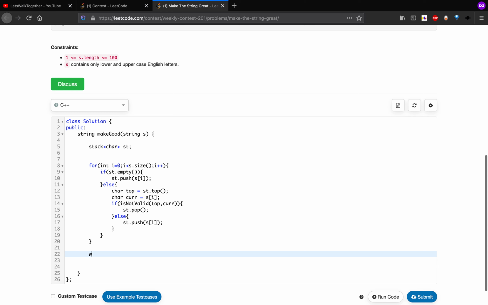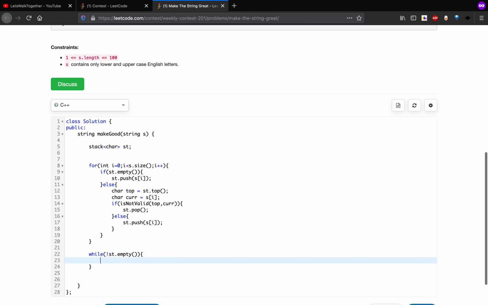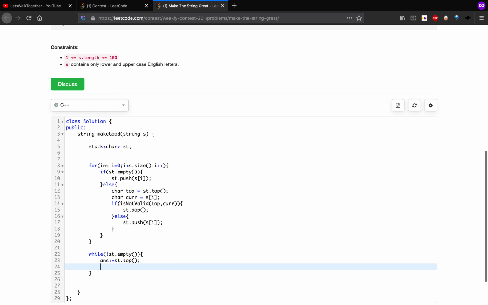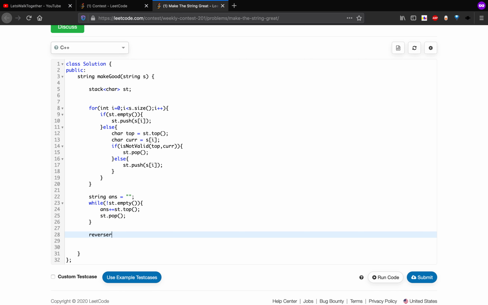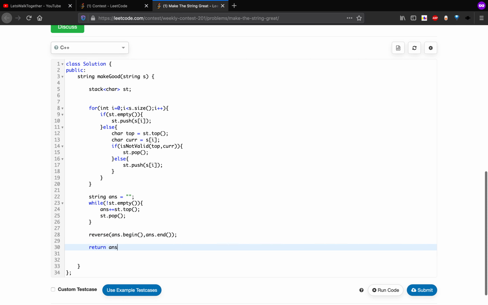Now, while the stack is not empty, we append all the characters in the stack using st.pop to a string variable, and in the end reverse the string and return the answer.